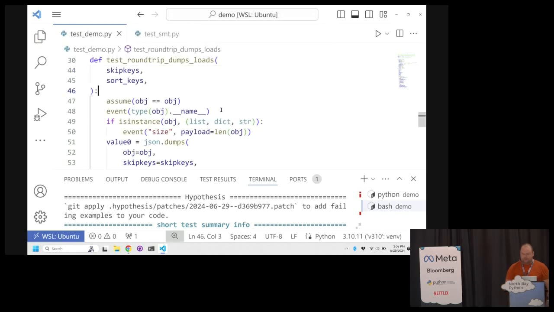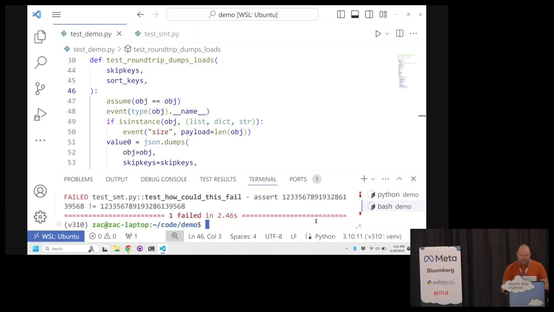We've said, we'll track the distribution of what type our top-level object is, and also, if it's a thing that has a length, what size it was.